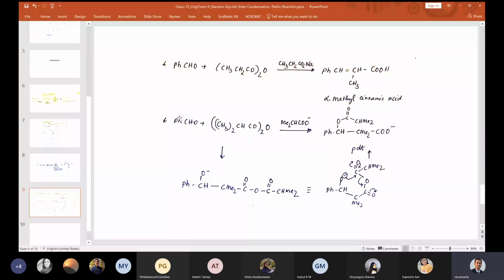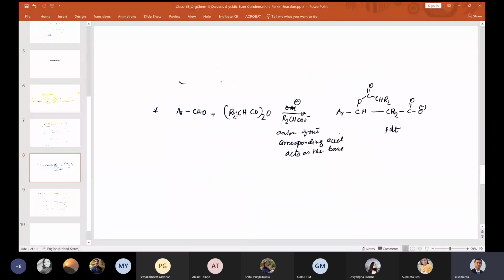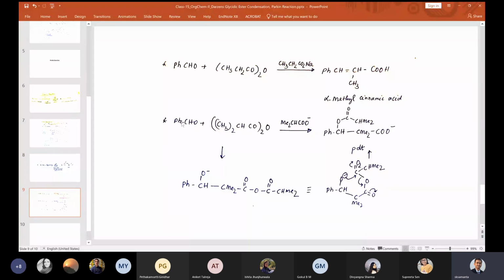Okay, so the mechanism for this reaction has been given here. Again we take R2CHCO whole 2, which we have already seen. Now we are giving a particular example. Here we take benzaldehyde, PhCHO, and here we take dimethyl acetic anhydride. Then, as we said, there will also be dimethyl acetate as a base. This base now picks up this proton first. This negative charge attacks this carbon center, and after your acyl transfer you get this compound.